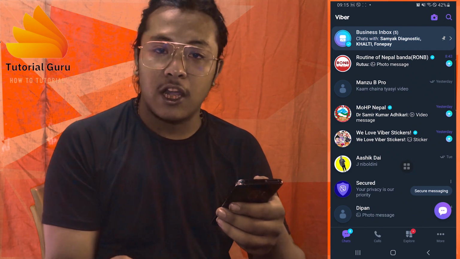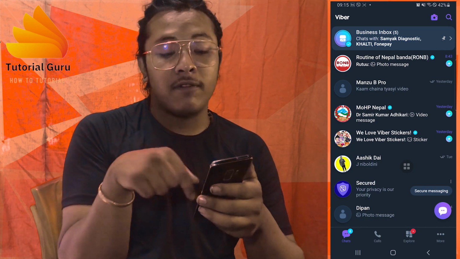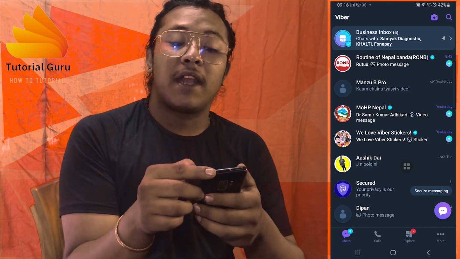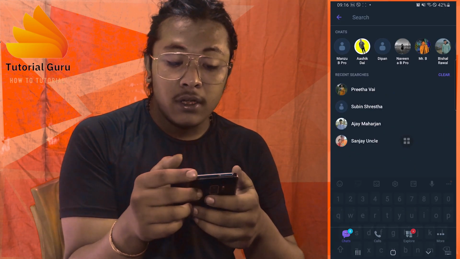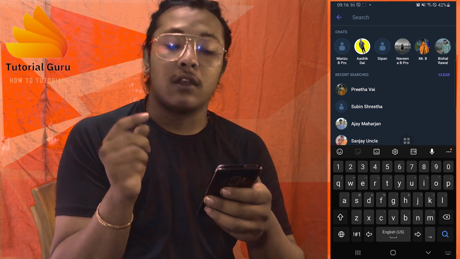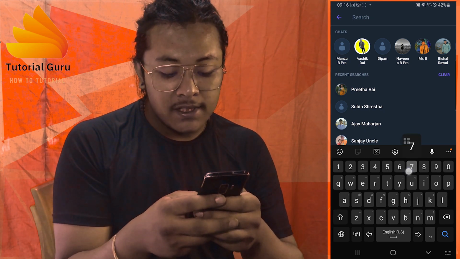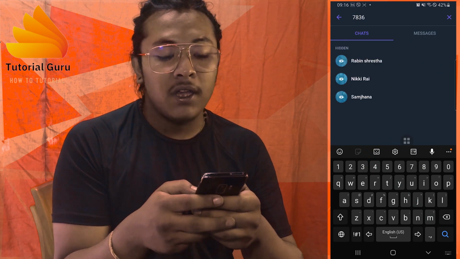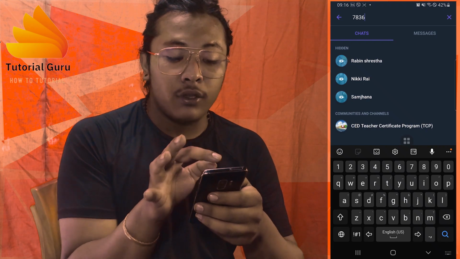So in order to find that chat, at the top right corner of your Viber app on your device, there is a magnifying glass icon, which is the search icon. Tap on that search icon and search for the number which you had used to hide that chat. So in my case it's 7836, and you can see guys three chats appeared,